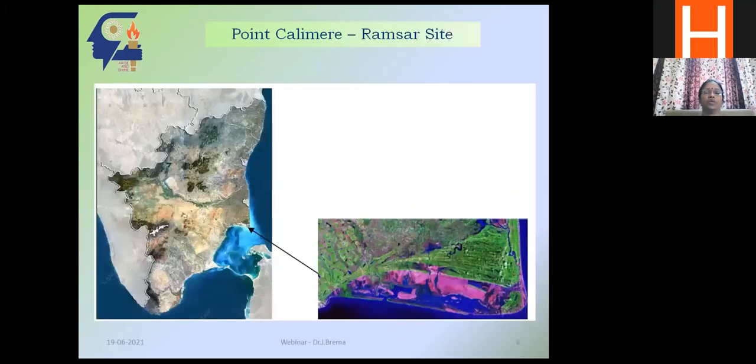The next one I'm taking is situated in Tamil Nadu. This is also a Ramsar site, and it is at the end, I can say not the southmost end, but the most tip of this particular portion. This place is called Point Calimere. So very easily you can reach Sri Lanka; the distance between Sri Lanka and this place is very small. This is located in the Kaveri Delta. What you see here, this triangle, is the Kaveri Delta portion, and at the fag end of the delta, you can see this ecosystem.